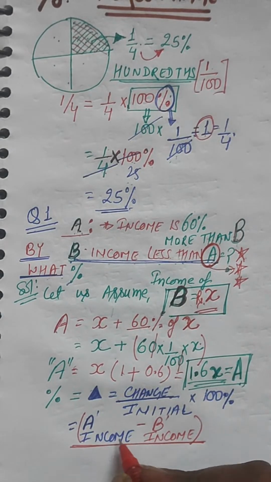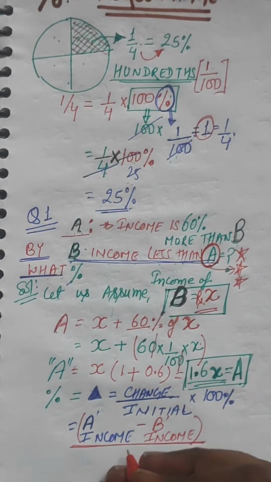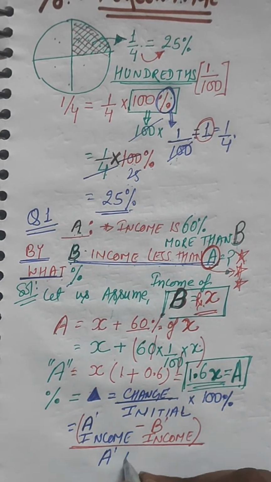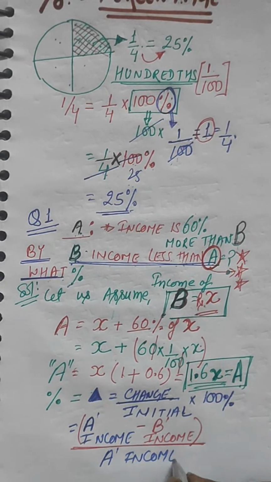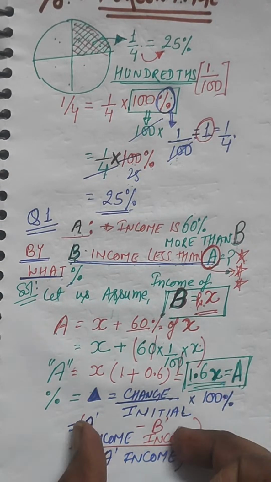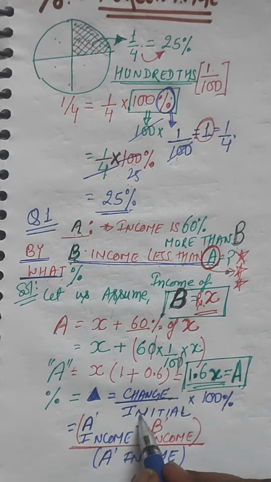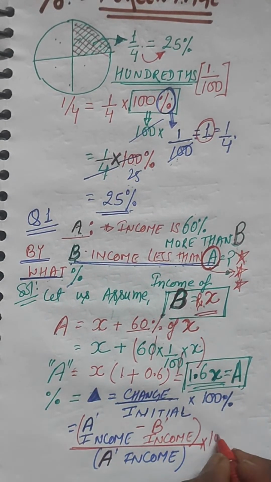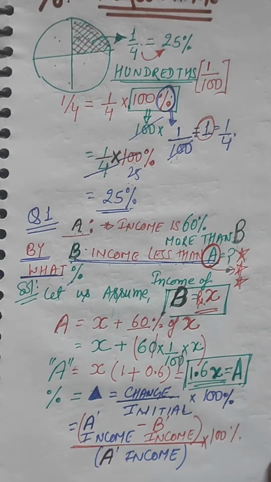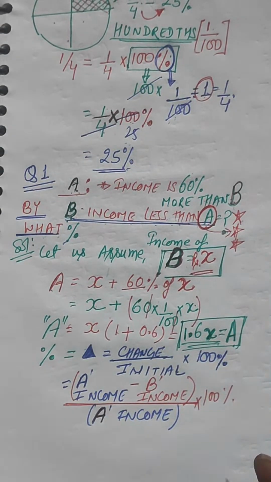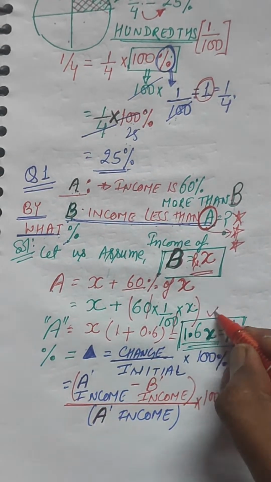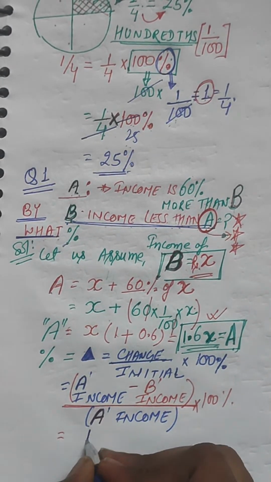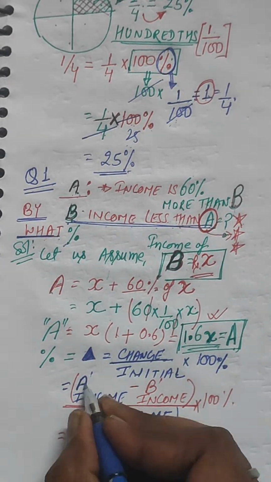So into the denominator, whose salary will come? Definitely reference needs to be made with A's income. So we will write A's income, right? So basically this change divided by reference, this initial is basically nothing but A. Now into 100%. We have almost solved our question. Let us see how. So A's income you have already calculated 1.6x. Just write the value over here. 1.6x. This is the A income